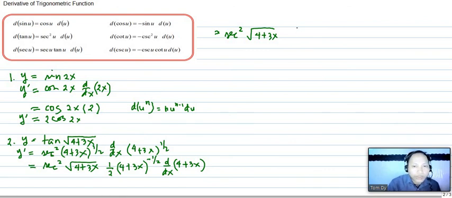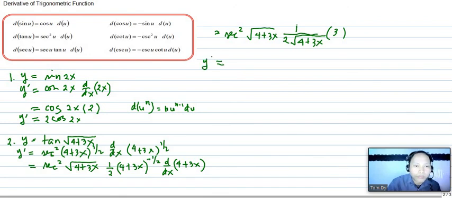So, that is equivalent to our 1 half here, which is 1 over 2. And then instead of negative 1 half as our exponent here, we make it positive. So make this one your denominator. So you have here the square root of 4 plus 3x. And then the derivative of 4 plus 3x equals 3. So we have here 3. So that our final answer will be